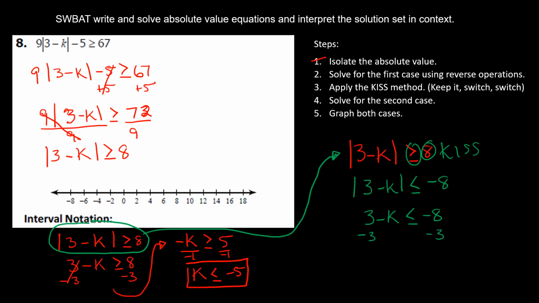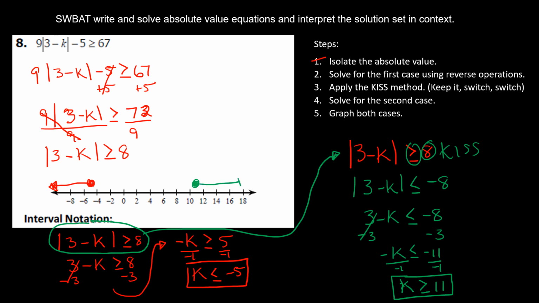Subtract 3 from both sides. I get negative k is less than or equal to negative 11. Divide both sides by negative 1. I get k is greater than or equal to 11. And my sign flips again because we're dividing by that negative 1. So now let's graph these. The first one that we graph is at negative 5, where we're going to use a closed circle. And it's going to the left, because we're talking about all the values that are less than or equal to negative 5. For k is greater than or equal to 11, we come to 11, closed circle,